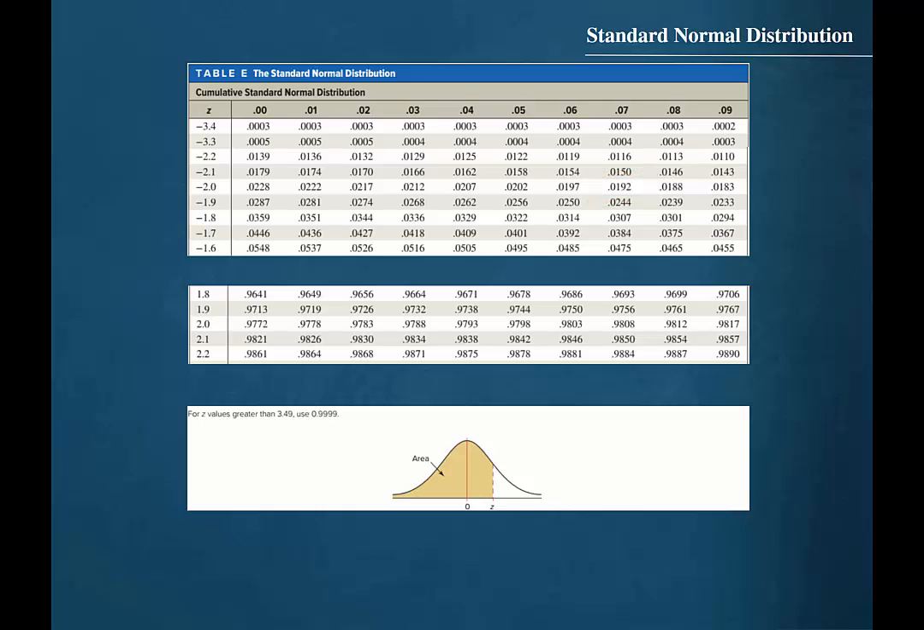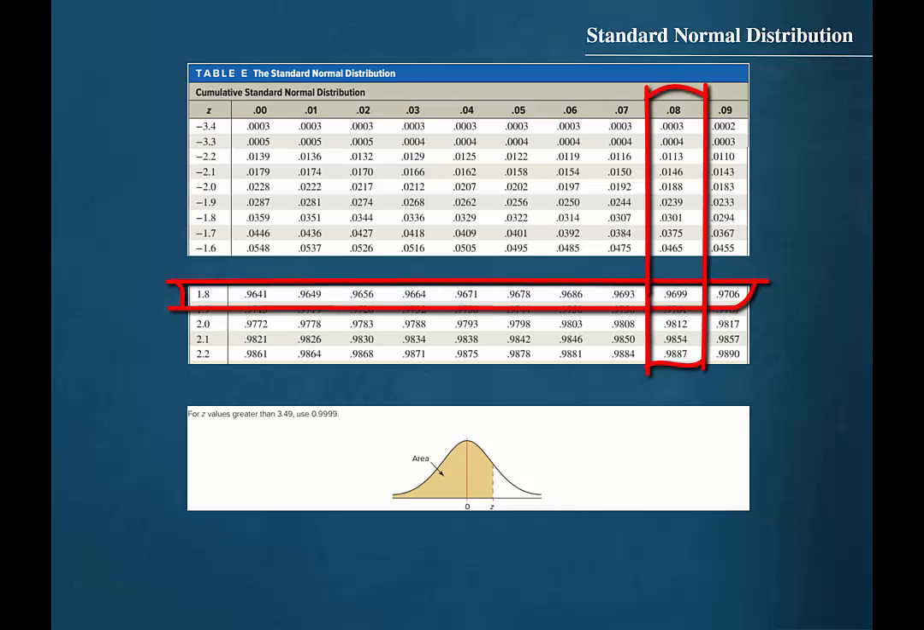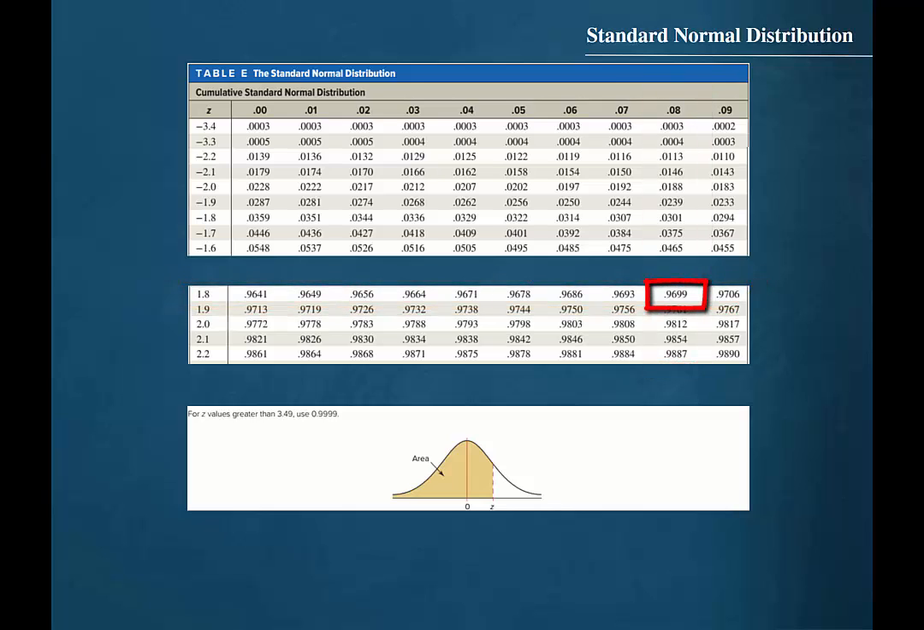We will also look for the value associated with the z-score 1.88. So we find the entry where the row labeled 1.8 intersects with the column labeled 0.08. That value is 0.9699. The graph at the bottom of the table shows that these 4 decimal place values in